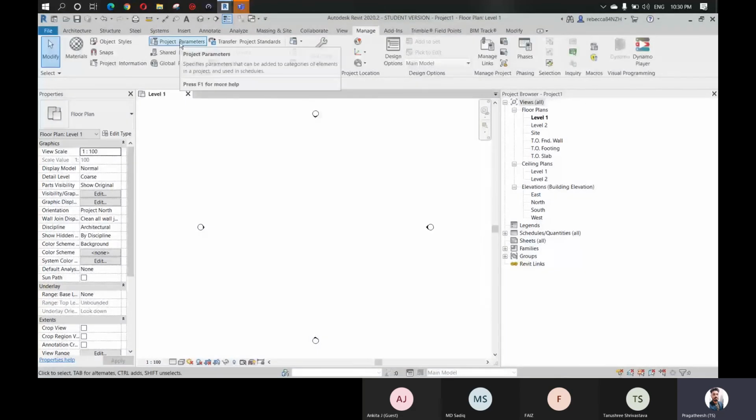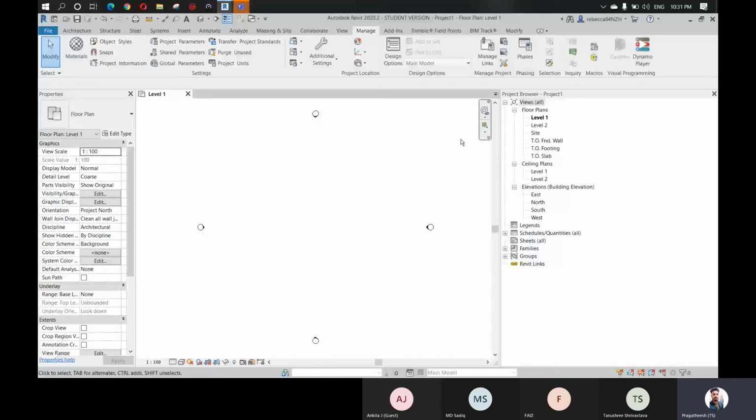So if you aren't clear first with the project and shared parameters, just try to open a family you are working with. Let's say it may be a door family or a window family. Let's say you want to use the information from the family's parameter in your project.